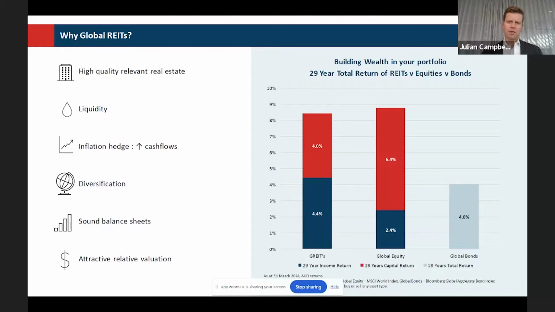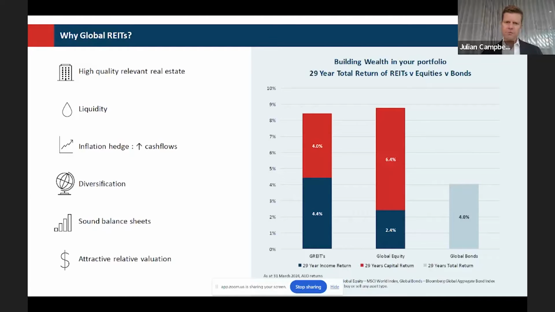Importantly, you're getting this exposure in a liquid form. So in the last couple of years, with the restrictions that some private funds have had, investors have struggled to access their capital. The REITs give you liquidity. Yes, you need to deal with the inevitable ups and downs of a listed investment, but you can access your capital. Now that the sector has adjusted to the significant increase in interest rates, it's better positioned to deliver that inflation hedge, and that's the growing cash flows, which are driven by increase in rents and the growth in replacement costs driving that return and total return.